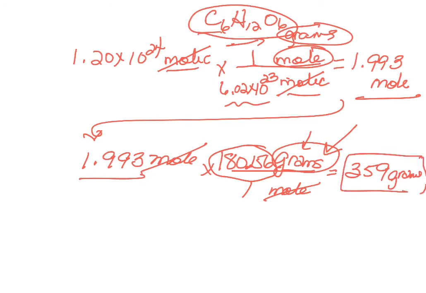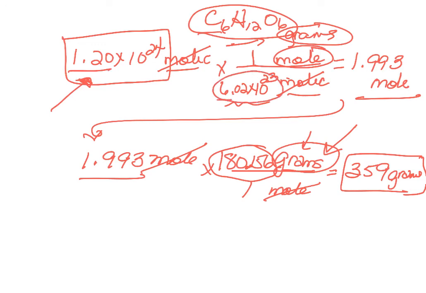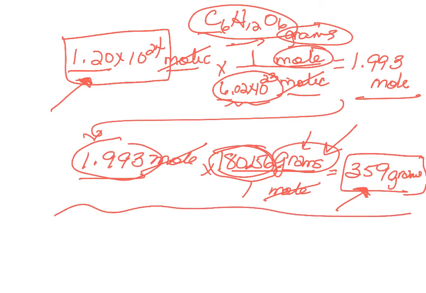So we're going to have to start worrying about sig figs, not worrying, but trying to keep the same number of sig figs. And usually that's the number of sig figs you had in the very original information. So that's 3 sig figs, right? And so as long as you're careful in all your conversion factors to have at least 3 sig figs, then your answer should have about the same number. Okay, so we're good there. So that is a sample of a 2-step process to get from molecules or any type of particle to grams,